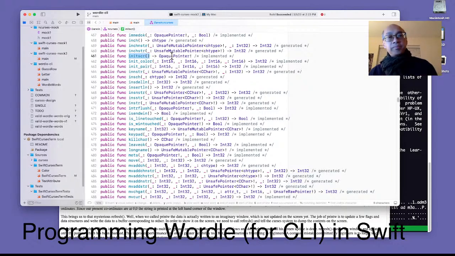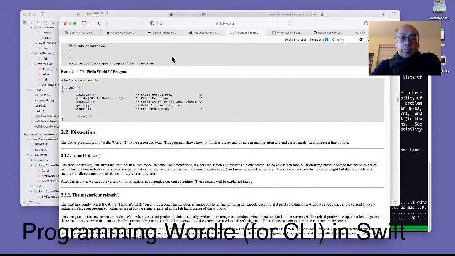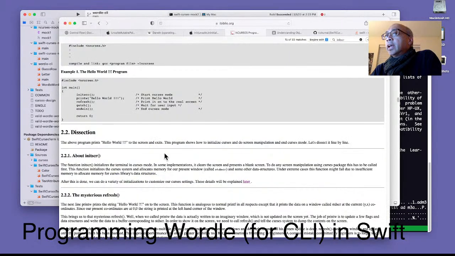So you know it's allocated some memory, but it really doesn't say anything more than that. And so there's all of this to figure out, and